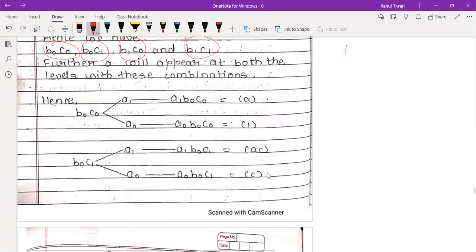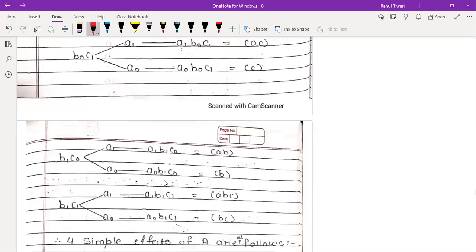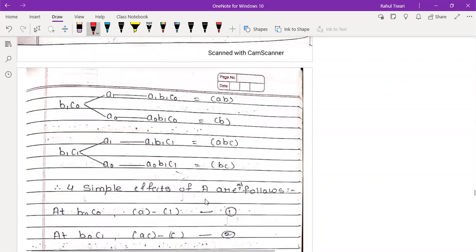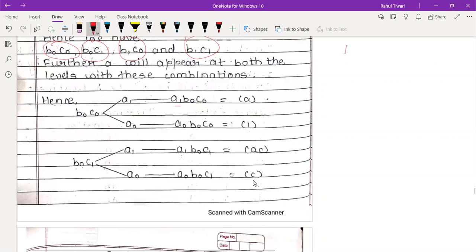So you can see, you are measuring with A1, you are measuring with A0. Similarly, A1, A0. So look at this combination. Which is present here? A. That means A will come. Whichever is present, we can get that combination. C is present. So these are all present combinations. Similarly, AB, here B, ABC, BC. If I do it again, this minus this, we will get the first combination, C.